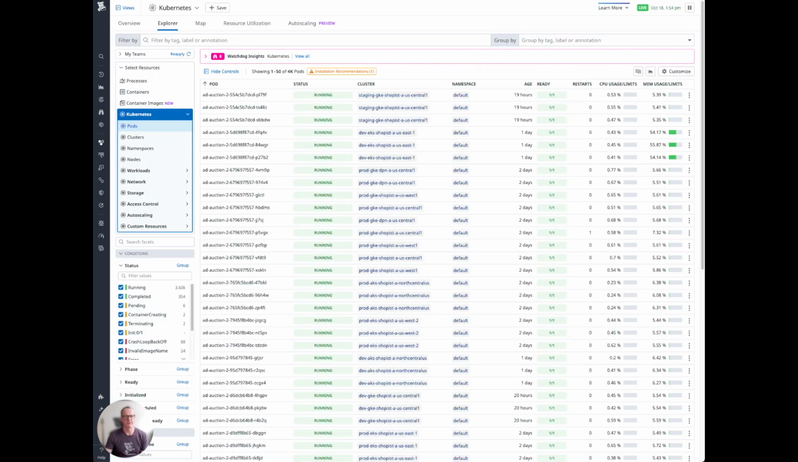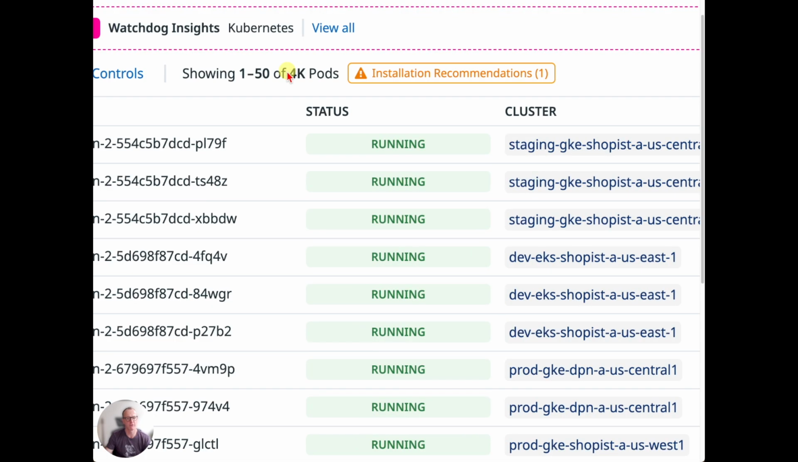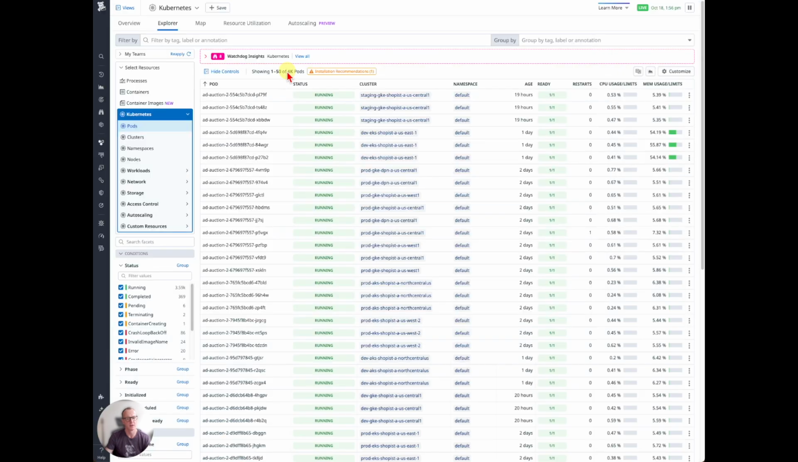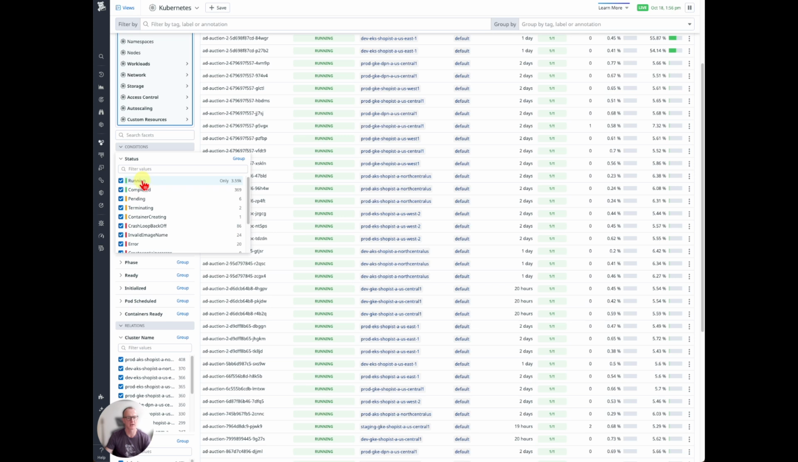The next view is to look at all of the pods, right? So here I've got my Kubernetes navigator. This will show me all of the different namespaces and the object types around my clusters. In this case, you can see I've got 4,000 pods. And they're all in a big list, which I can paginate through, but more likely I'm going to want to